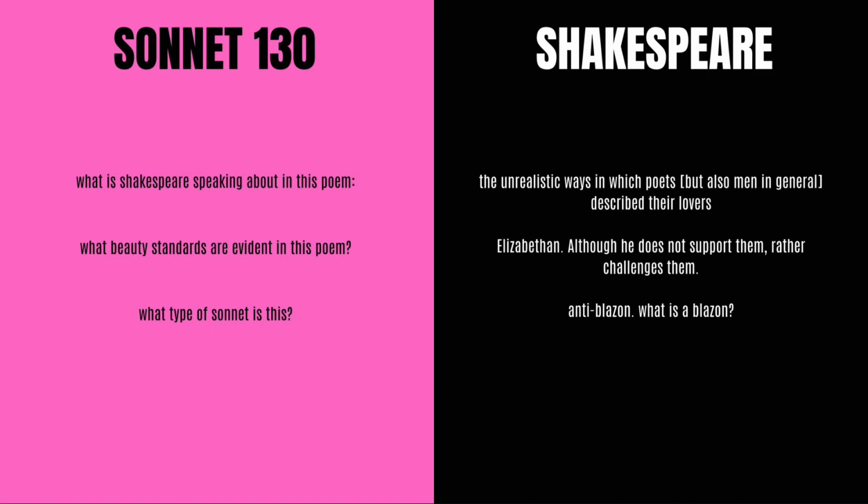What type of sonnet is this? It's an anti-blazon. First of all, a blazon is a poetic device where one will describe a woman's body part. These body parts are compared to aspects of the natural world, such as teeth being compared to pearls and blonde hair to gold. This poem is anti-blazon, where the speaker describes each part of a woman's body but saying that she does not have teeth that look like pearls or eyes like stars, for example.